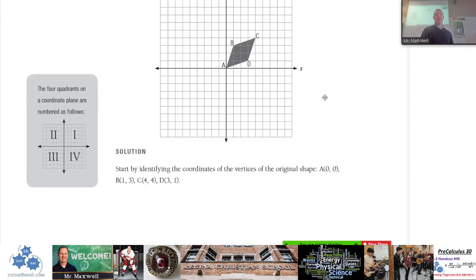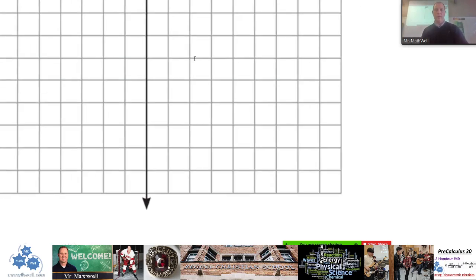Rotations. Now rotations, as I mentioned, the flips about the axes and the rotations sometimes can look very, very similar. But rotations, I did mention earlier that if you took one of the sides or portions of the object, and you rotated it, let's say 90 degrees, about the origin, this is your pivot point, you'd have to go 90 degrees over here, and that's where your line would be. Now, sometimes that's hard to do, so just as a refresher here,